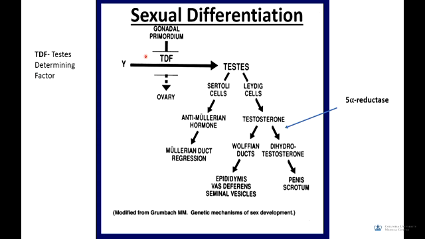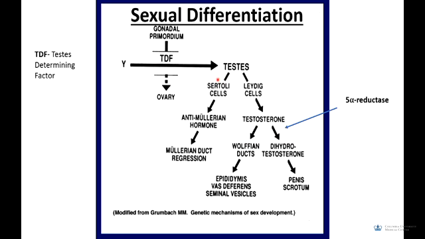So the lecture emphasized sexual differentiation a lot, and so if you have that special Y chromosome, you have TDF, or testes determining factor, also known as the SRY gene, and so this sex determining region on the Y chromosome is responsible for testes, and then within testes you have two different types of cells. So you have the Sertoli cells. You think S, Sertoli, so you can think of